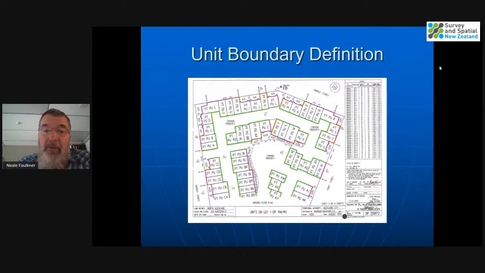They lie in the neighbour's accessory unit, the outside face. So you can imagine the arguments that ensue from that, and you can imagine what the unit owners think of surveyors when they look at that and think, oh my God, what sort of logic was applied to this? And in fact, there was no logic. That was the problem. No thought put into where the unit boundaries ultimately are going to be and what the